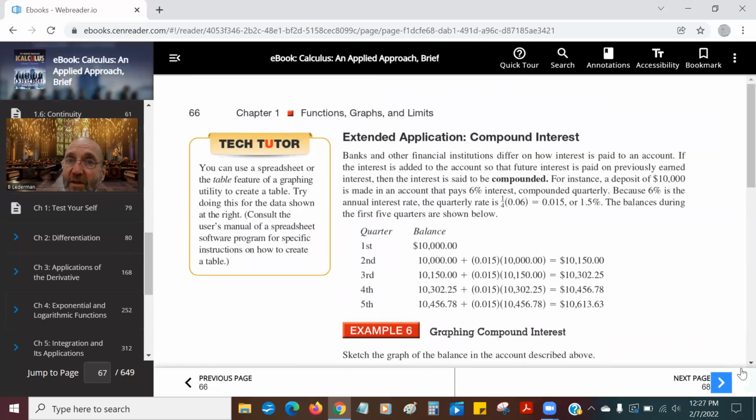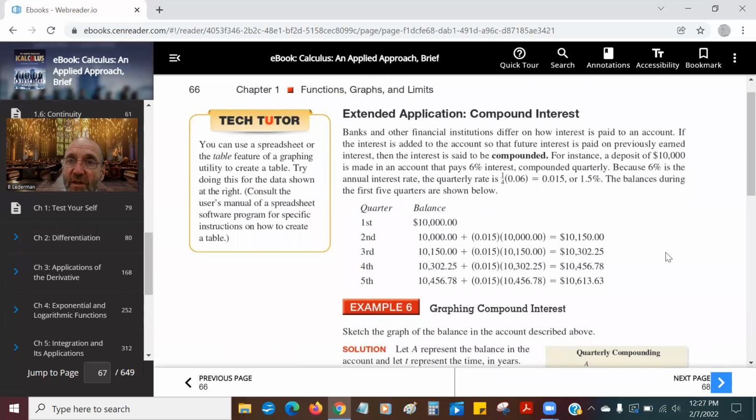Okay, compound interest. Compound interest is when you get interest on the interest on the interest. So if interest is added to the account so that future interest is paid on previously earned interest, meaning you're earning interest on the interest, then the interest is said to be compounded. So if you have a deposit of 10,000 made in an account that pays 6% interest, compounded quarterly,